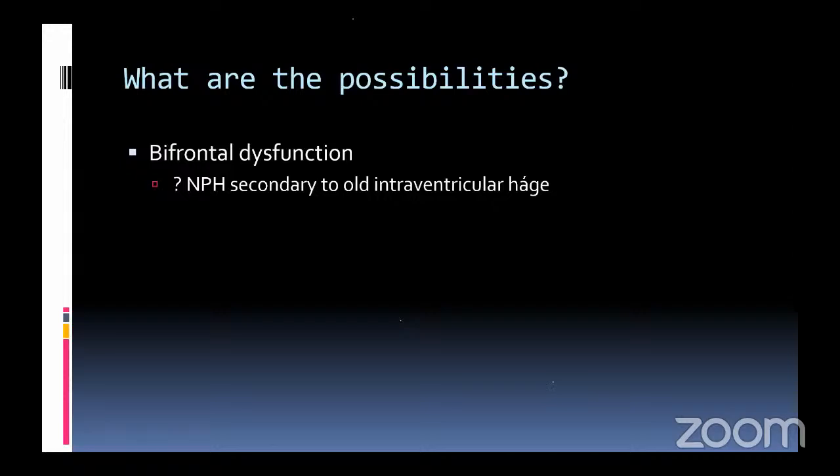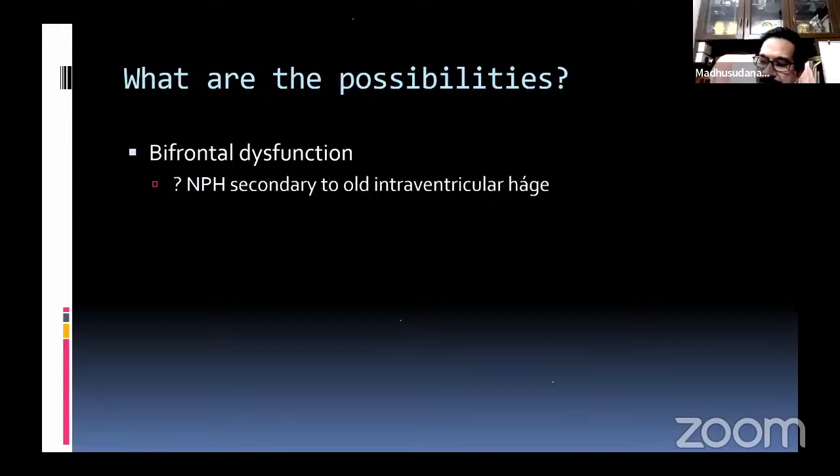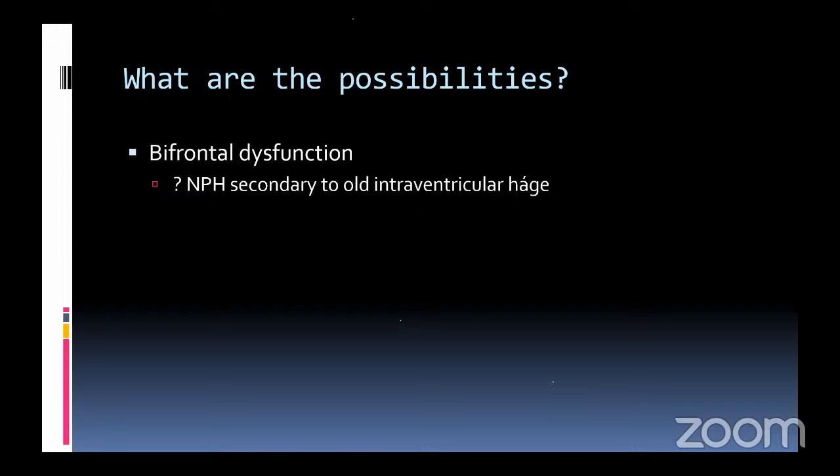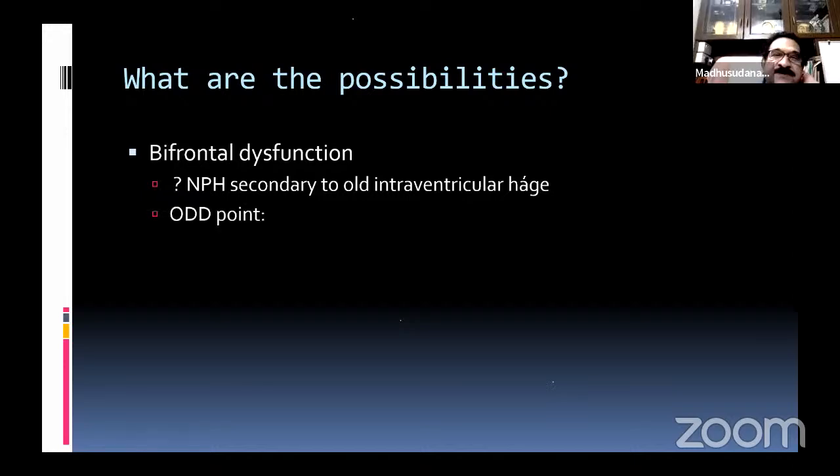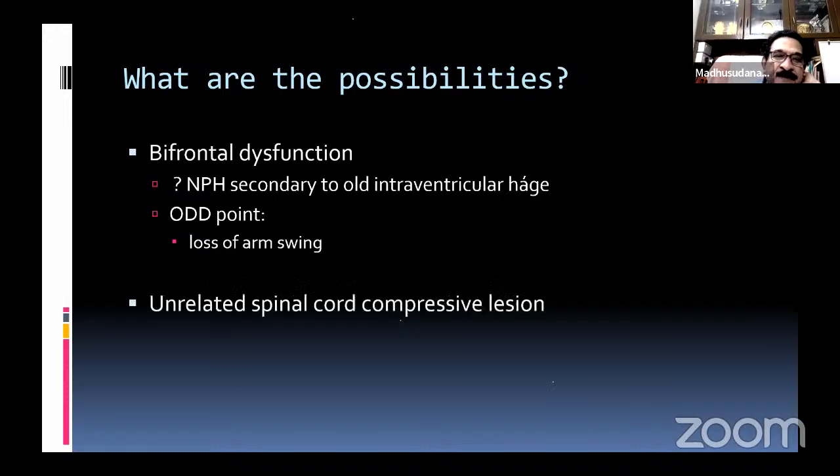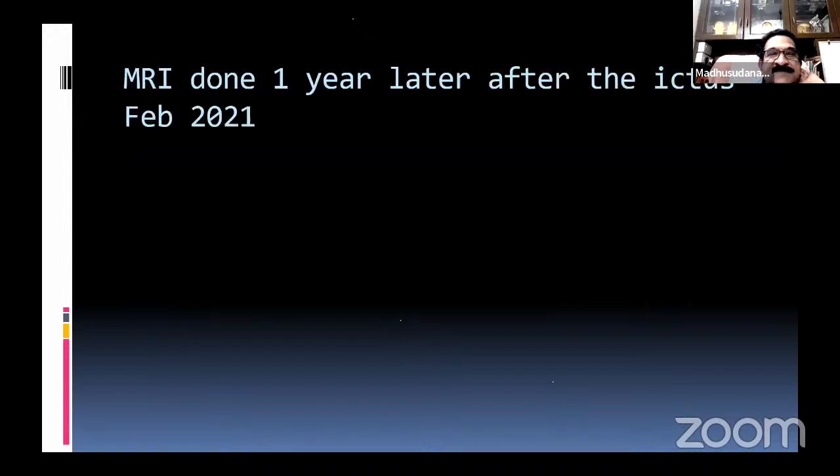Can hemosiderin deposition cause this? Pardon? Hemosiderin deposition. Superficial siderosis, correct. So NPH secondary to intraventricular hemorrhage. The odd point is there is loss of arm swing. Then the spasticity, whether it's unrelated or compression, is also to be kept in mind. Maybe due to an unrelated cervical spondylosis, because the spasticity is very dominant in the lower limbs. So MRI was